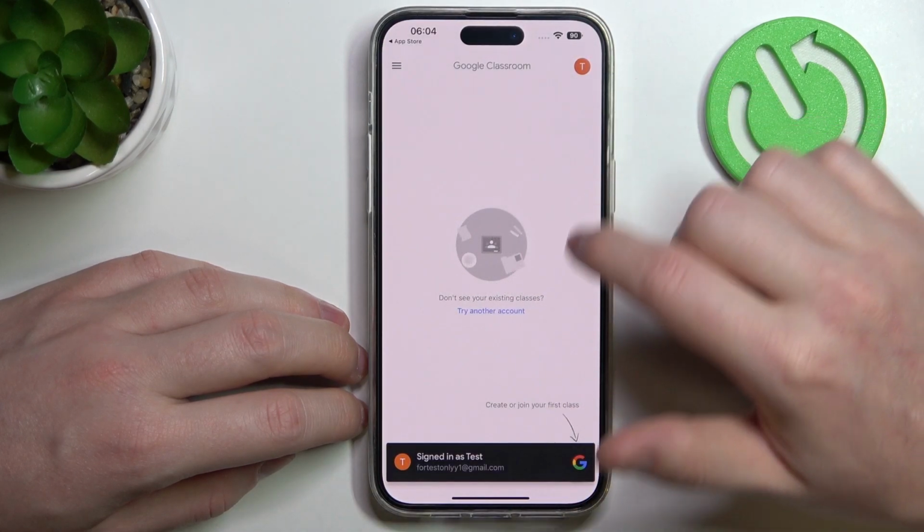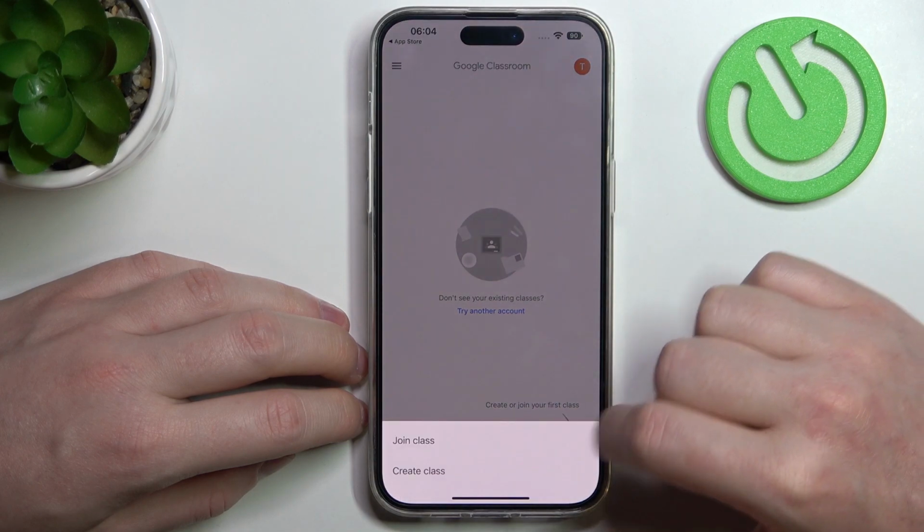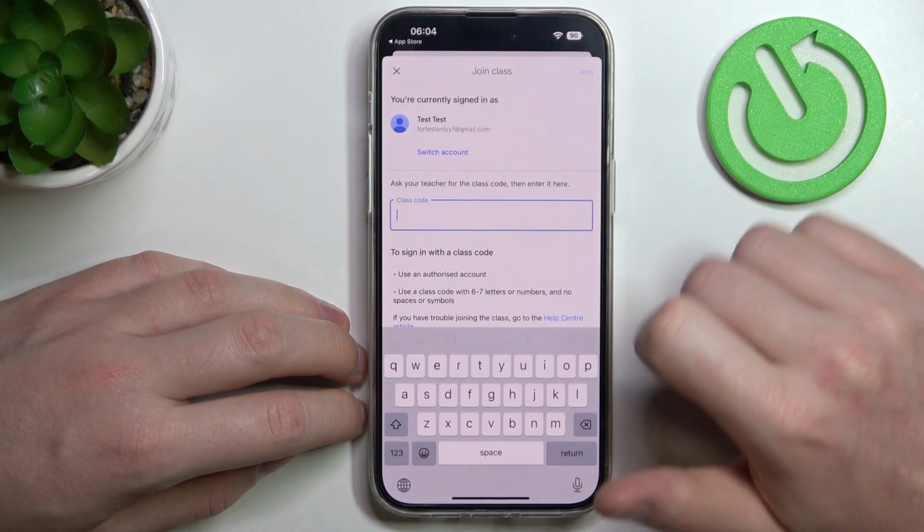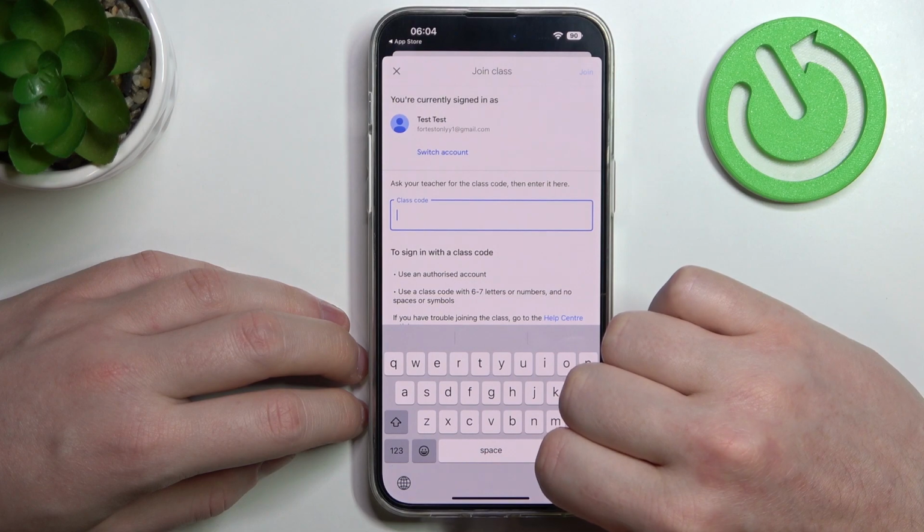Allow all of the permissions, then click on the plus button to join your first class. Enter the class code right here. And that's it for this